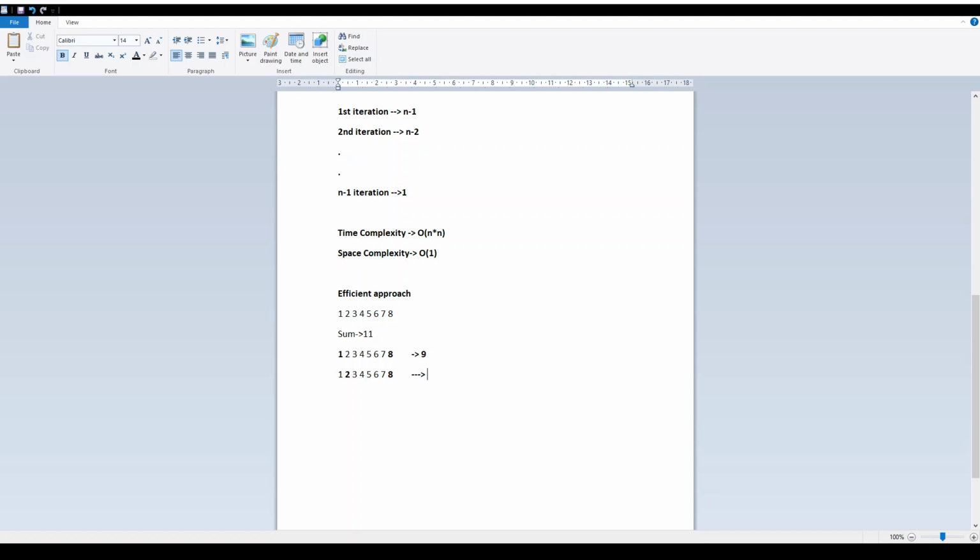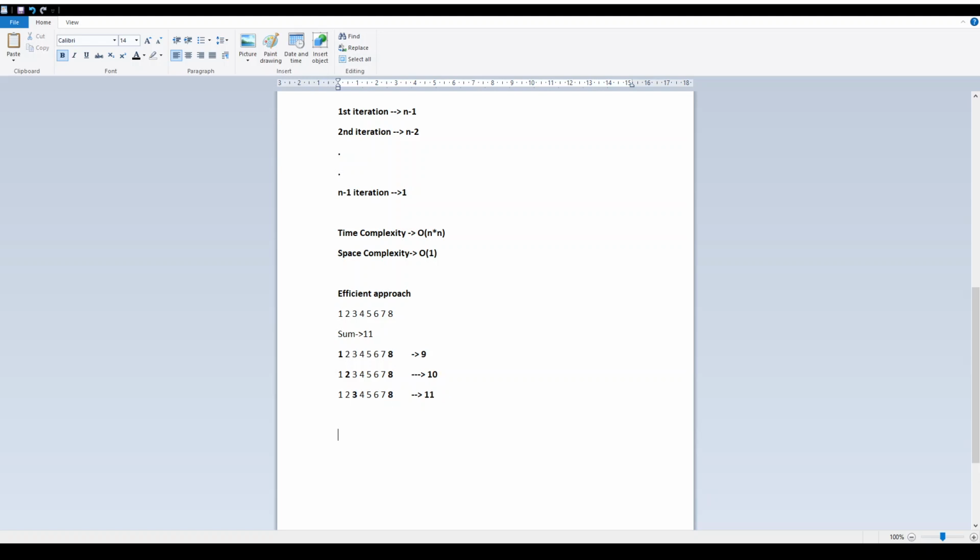Now my sum is 10, which is again less than 11, so let's move the lower pointer again. Now the sum is 11 and we have got the sum, so our output pair is 3 and 8. We can print the indexes as well.